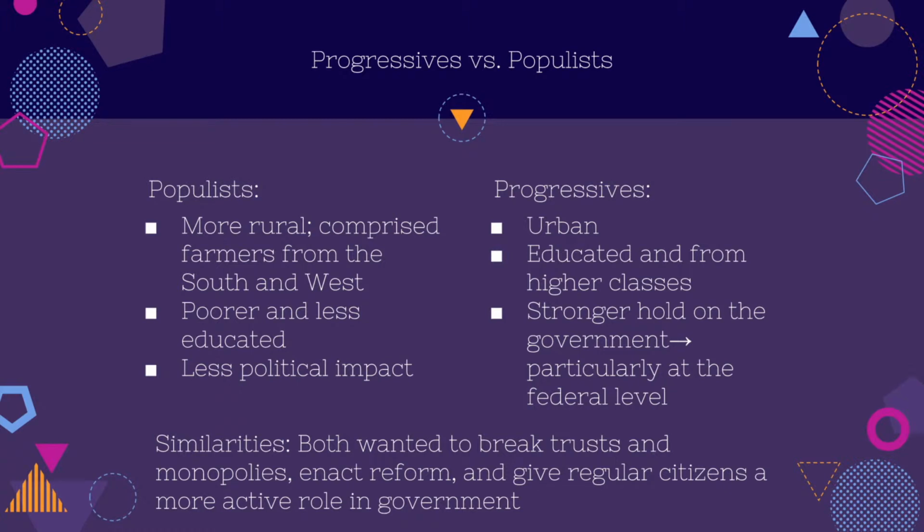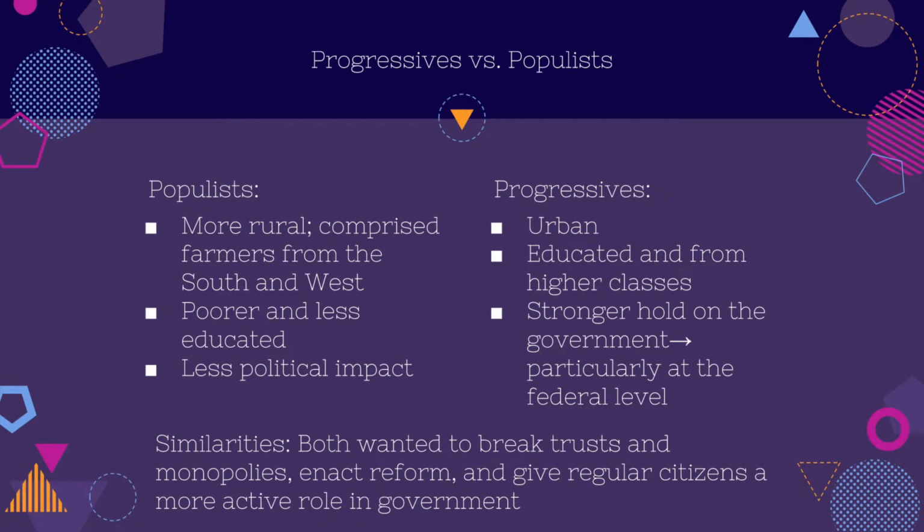The populace also were generally regarded as poor and uneducated, although one could certainly dispute that in certain regards. And the progressives, in general, were regarded as more educated and from upper classes, and to a certain extent, there is some truth to that. In particular, we could look to the women's suffrage movement, which was largely orchestrated by educated women, although by no means was it restricted to them.